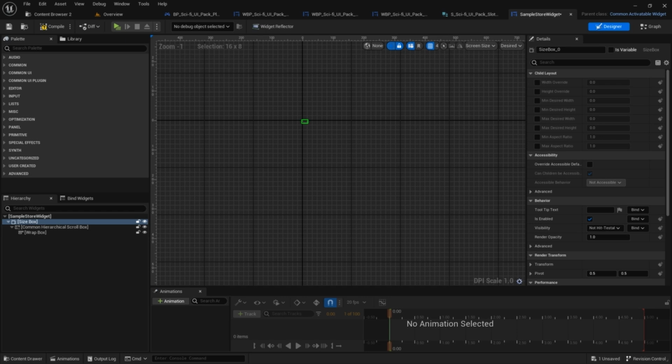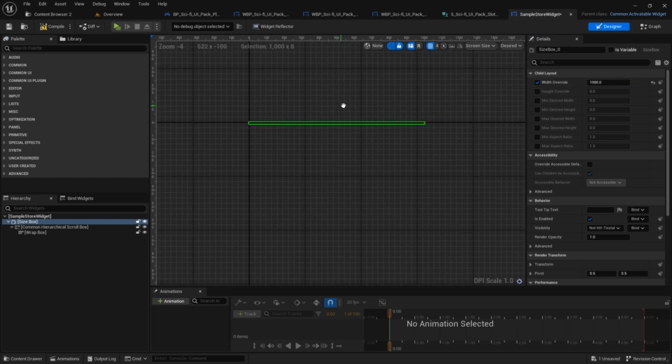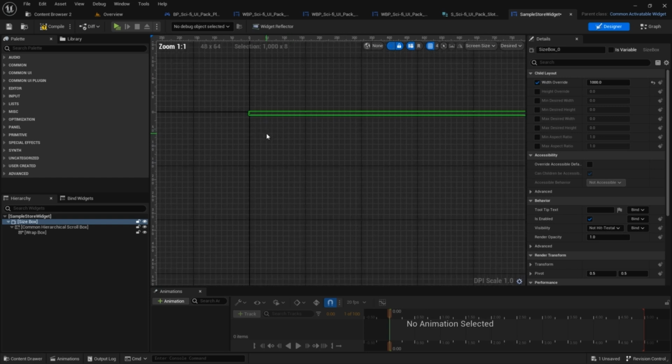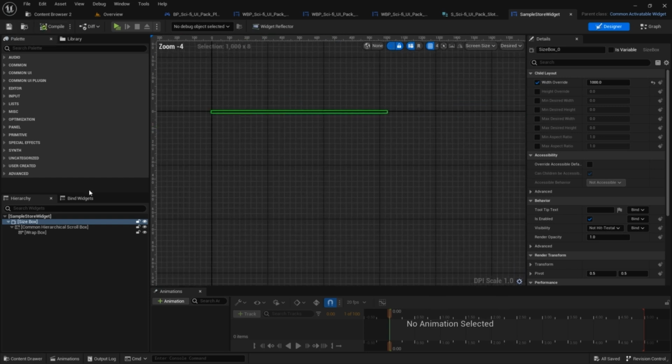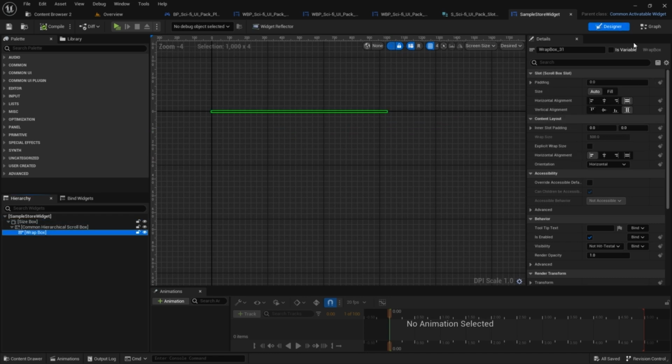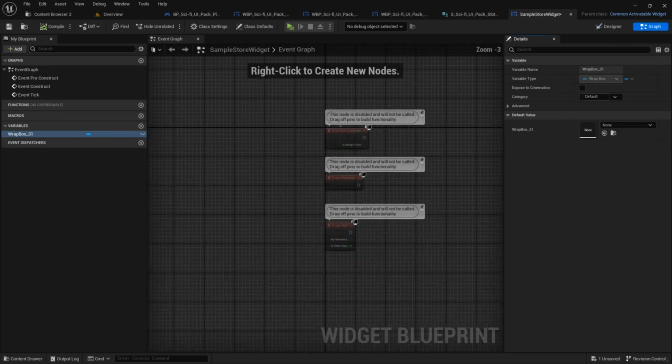The default size of, let's just use 1000 for now. This is just for sample sake. We're not going to be adding any height to it, so we are good. Now we're going to change this to a variable